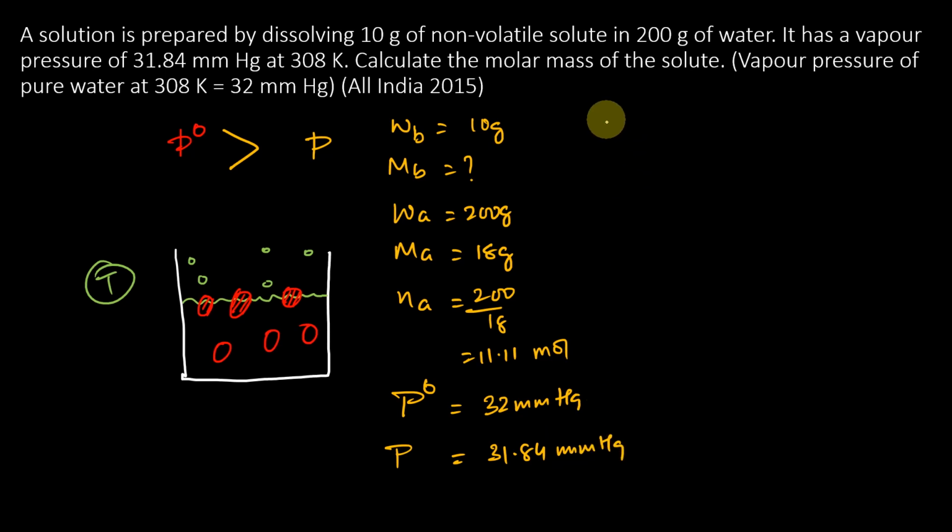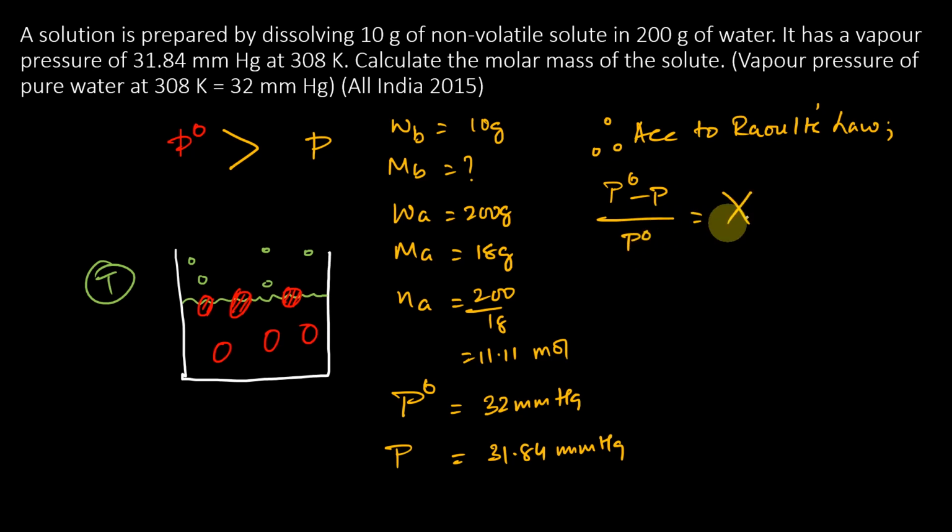Okay, then therefore, according to Raoult's law for solid in liquid, for non-volatile solute in volatile solvent, what is going to be the answer? It is going to be P naught minus P divided by P naught is equal to mole fraction of the solute. What is mole fraction of the solute, by the way? Acha, we will come to that. This is 32 minus 31.84 divided by 32 is equal to mole fraction of the solute, which is number of moles of the solute